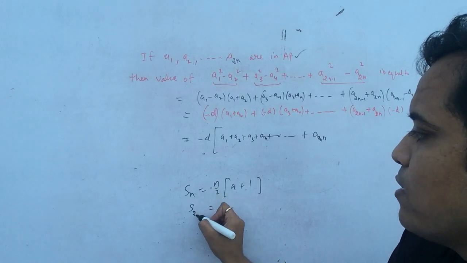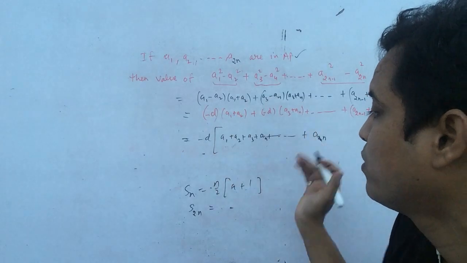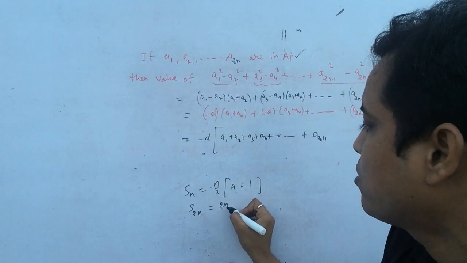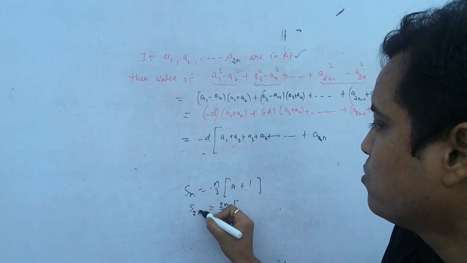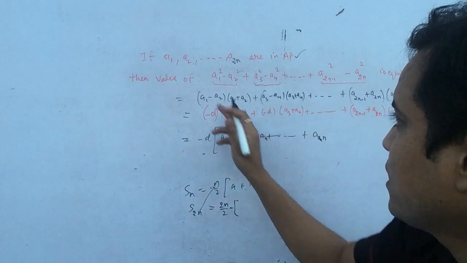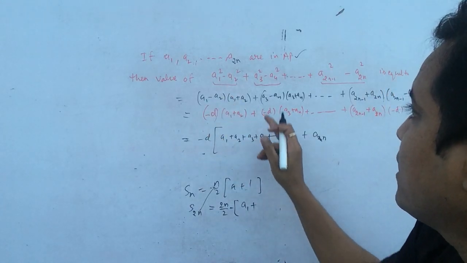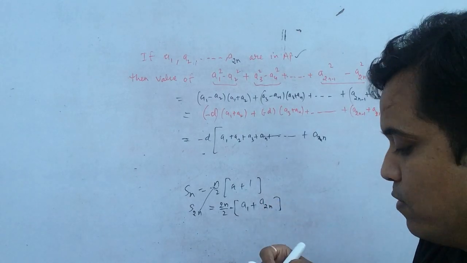So we need to find S2n because it contains 2n terms, not n terms, so we are going to apply here 2n upon 2. At the place of n you are just moving here 2n. And a plus l, what is a? It is a1, what is l? l is a2n, okay. We will use this